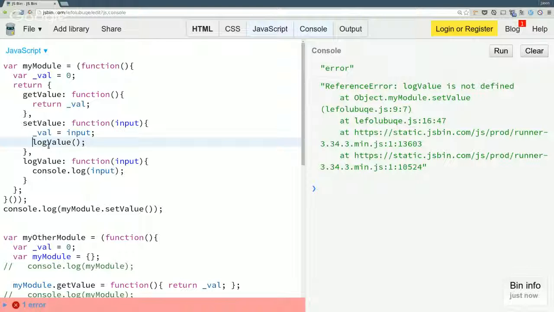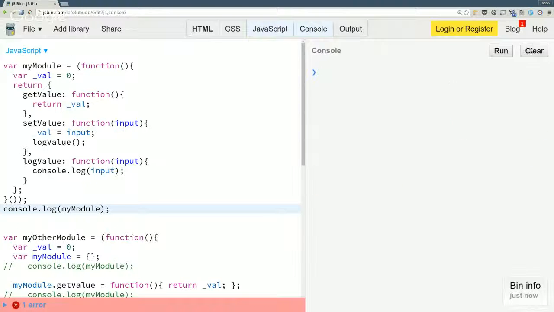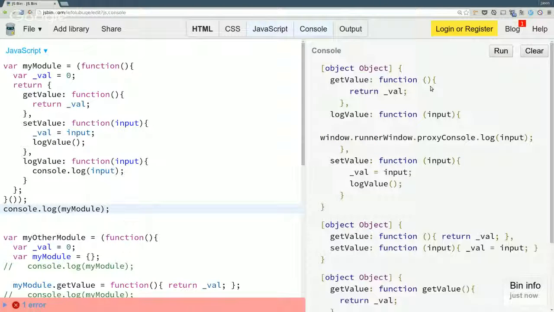Sort of. Well, again, if we look at what my module is, we're never defining functions directly, right? We're creating anonymous functions that are assigned directly to an object.